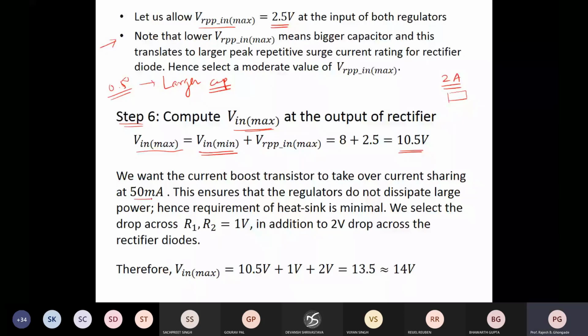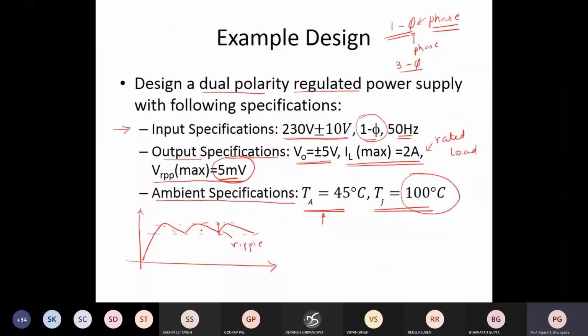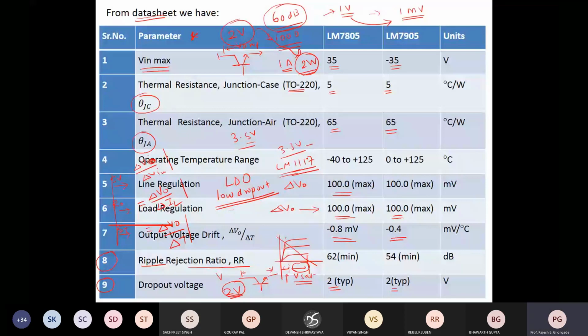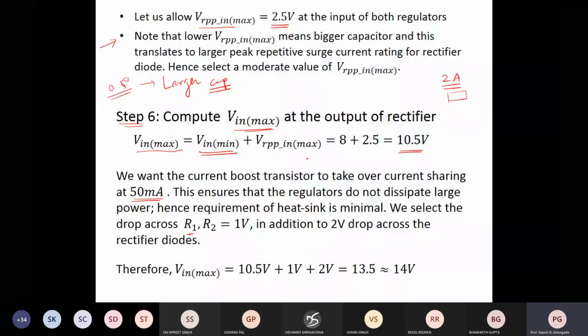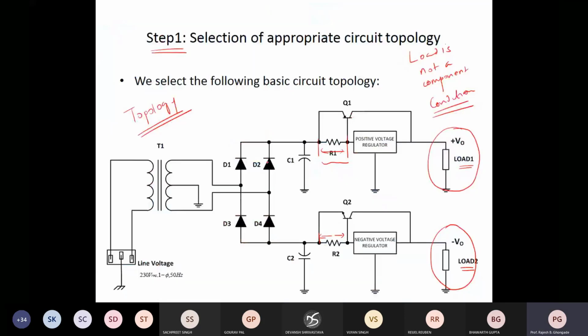So there will be some resistors required there. If you look at the topology, there is going to be some voltage drop across these resistors also, right? So we have to account for these drops also. That is the reason I will allow a drop of 1 volt each. In addition, a 2 volt drop across the rectifier diodes also. Remember, the rectifiers also will have some resistance, the bulk resistance to be more precise, and there will be some voltage drop across these diodes also.